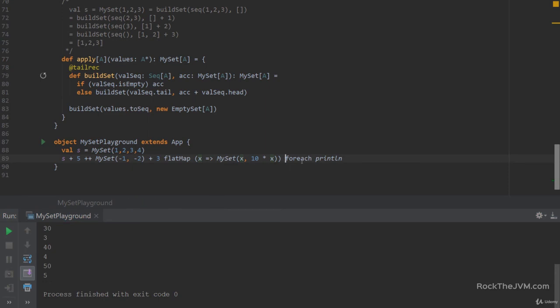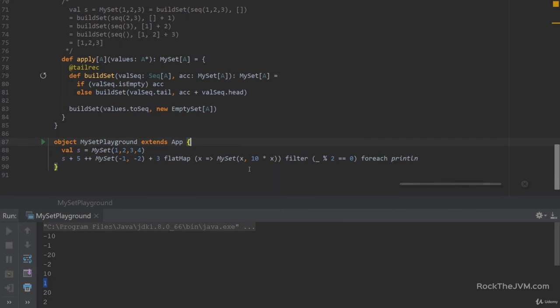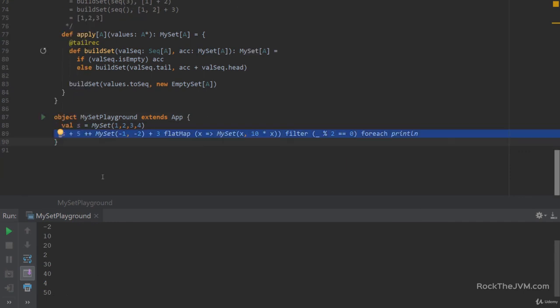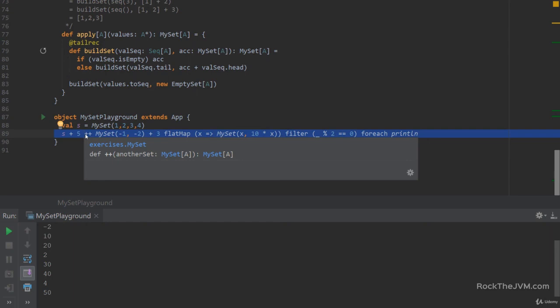And then if I filter, let's just filter only even elements, I should not be seeing the 5 and the 3 and the 1 and the -1. So if I run this again, I should only be seeing even values here. Right. All right. And with that, with just basically one line, we've tested essentially all the functionality that we've written in this video. So I want you to take a step back and have a look at the kind of